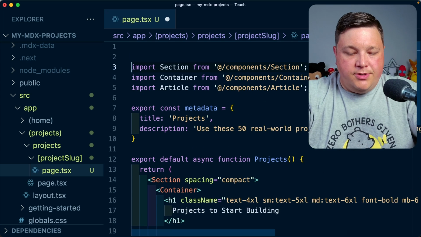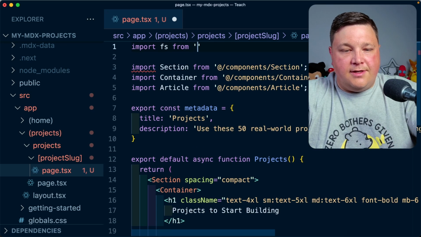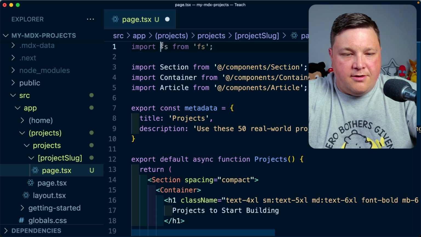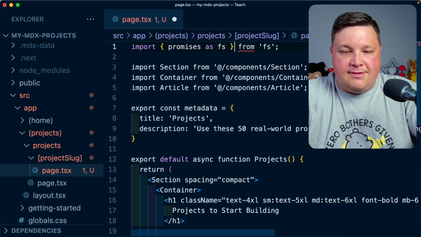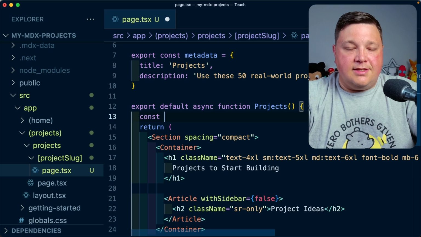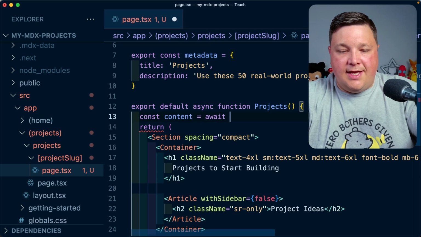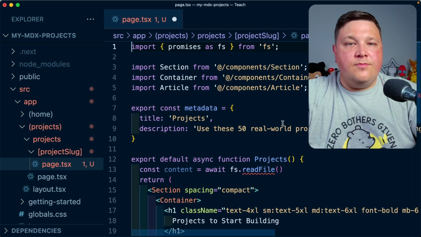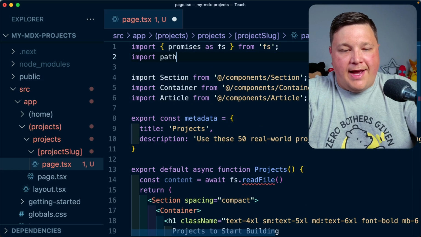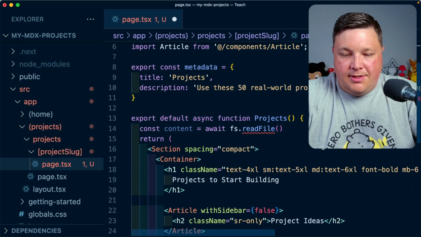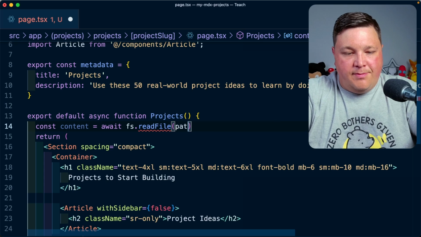So at the top, I'm going to import fs from fs, or rather, promises as fs from fs. Then we're going to say const content equals await fs.readFile. And then I'm going to use path to actually build the path of where those files are. So I'm going to import path from path, and I'm going to say, let's hide the sidebar here, path.join,